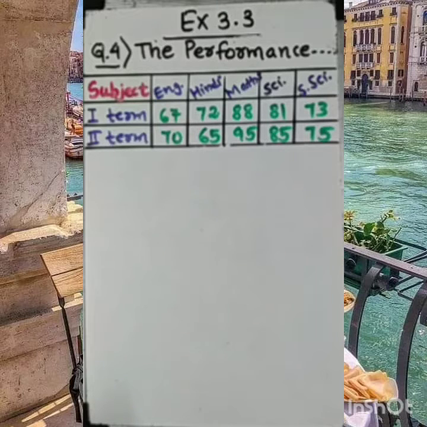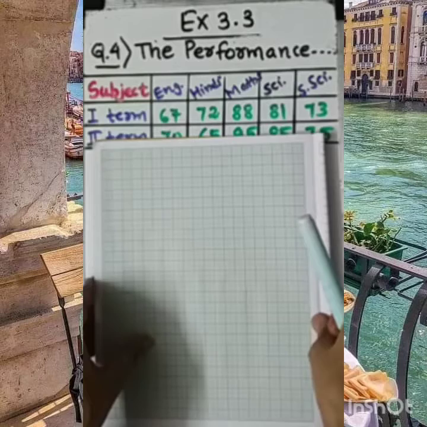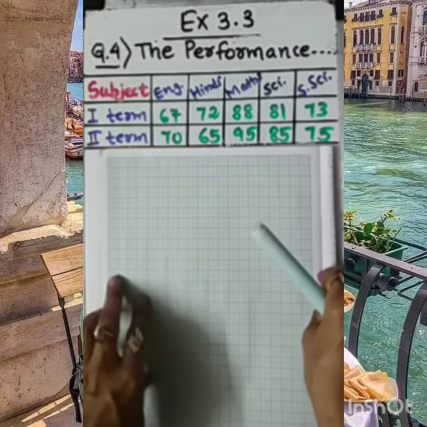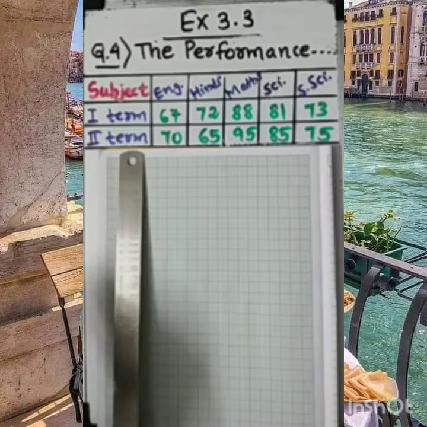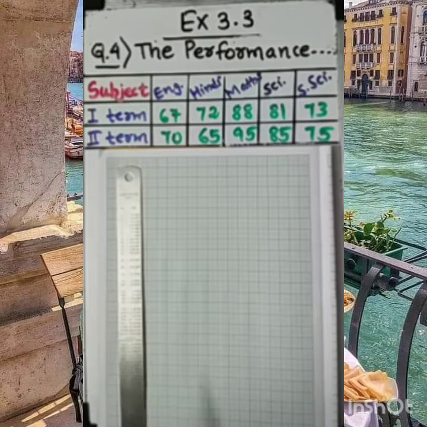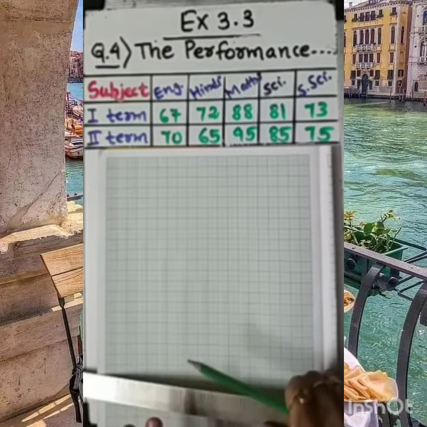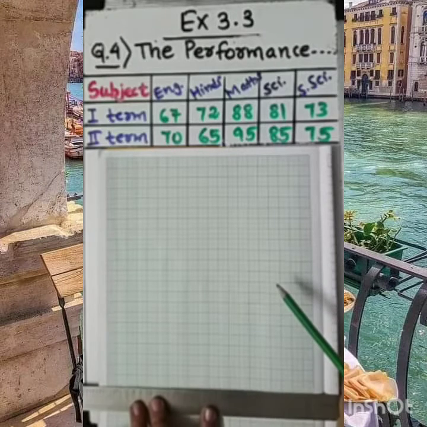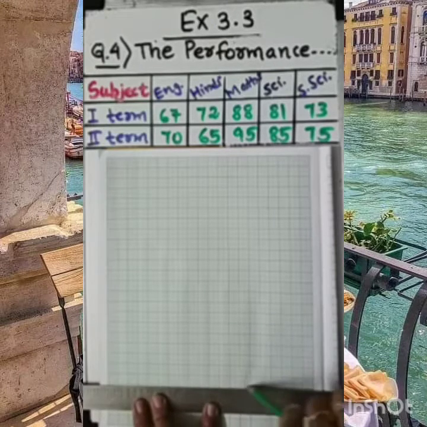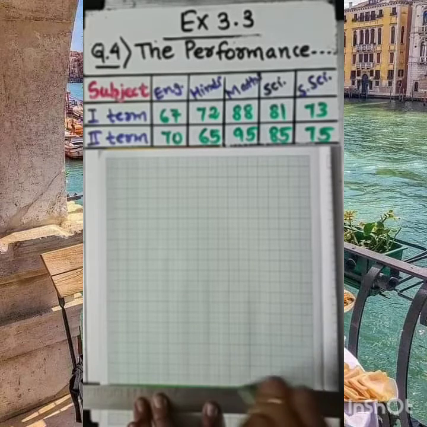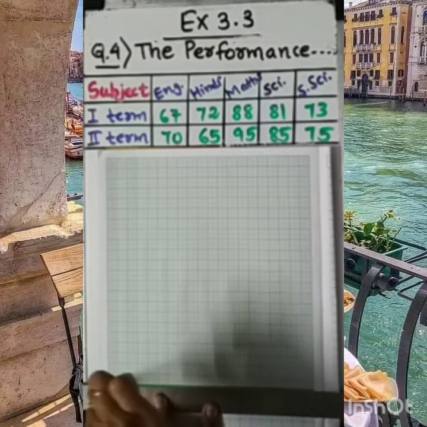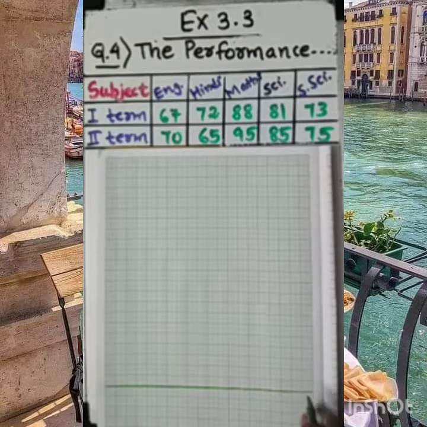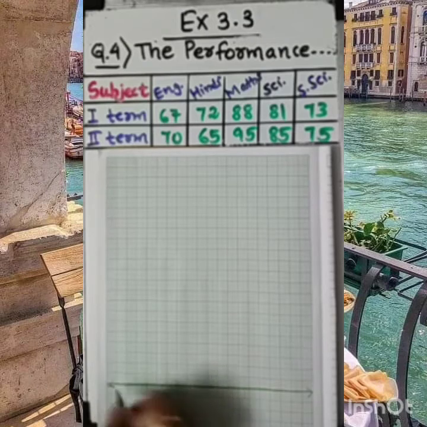So my dear student, now we need to choose appropriate scale and we are drawing the graph. So be ready with that. Here you can see the graph paper is on your screen. Now, first of all, we need to draw the axes. So here I am drawing x-axis. That is the horizontal line, okay? This is the horizontal line. Here this is x-axis, the horizontal line. Let me write here, this is x-axis, as we want to draw a double bar graph.